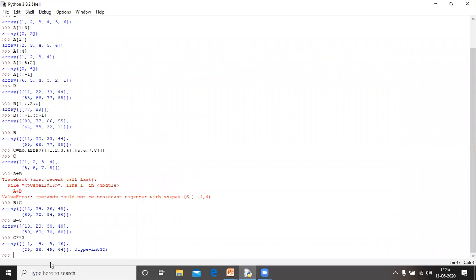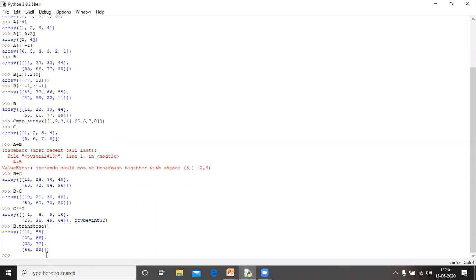Then if I write, we want the transpose of B, B dot transpose. Then rows will be converted to columns, because in B there are two rows.